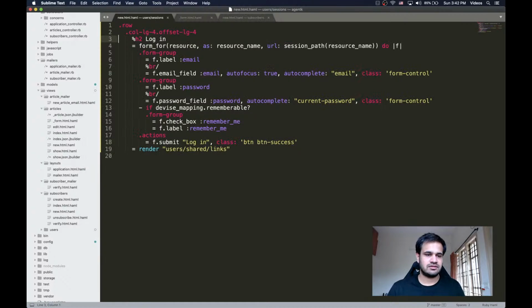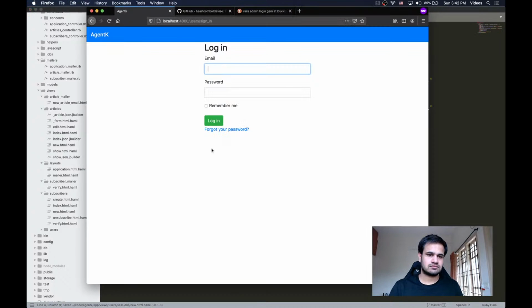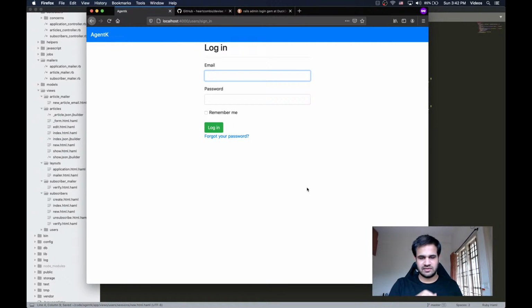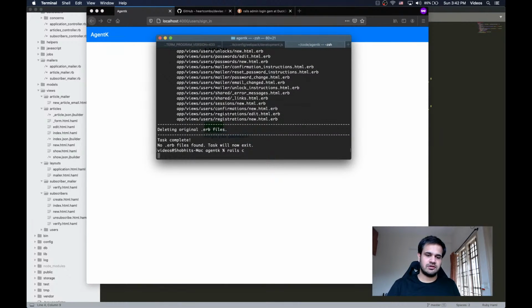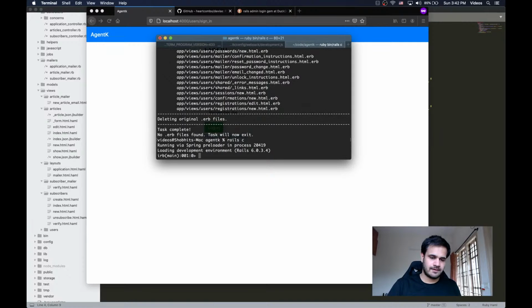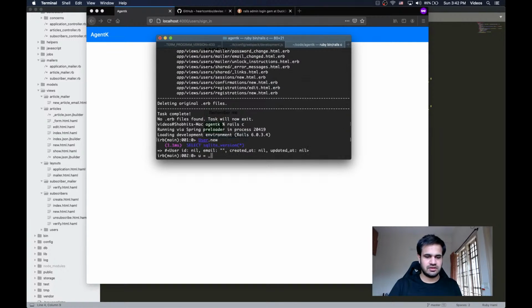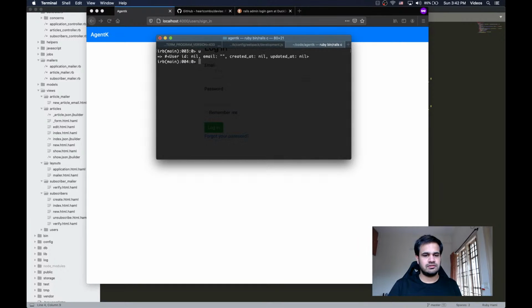Okay, so we have a login this thing, right? And this is what the login page now looks like, and you can have an email and something like that. So what I'll do is I'll go to Rails console, and I'll be like U is equal to User.new, which is the new user. U email is the email that I'll use to sign up on my own site at my own local address,